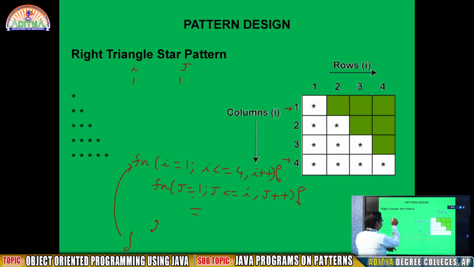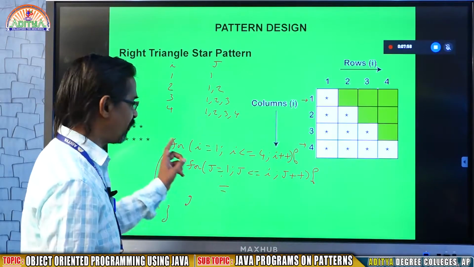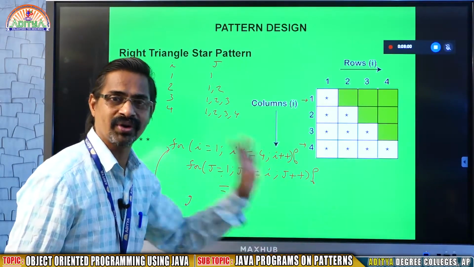When outer I increments to 2, now come into the inner loop. Again the inner loop starts from the first, 1 to 2. j value 1, j less than or equal to I value 2. So 1 to 2. When it's going back, I value 3, j value starts from 1, 2, 3. When I value 4, j value starts from 1, 2, 3, 4. When I value 10, j value 1 to 10. When I value 20, j value 1 to 20.